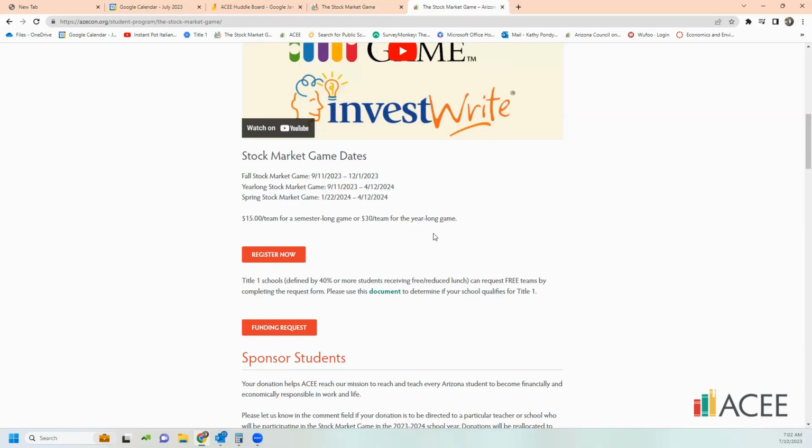So to register, what you already want to have information on is how many students you are intending on having participate in the stock market game. We recommend teams of 3 to 5 students. So you want to think about how many students are in your class. And if you have a class of 30, let's use that as an example, maybe you want to register 10